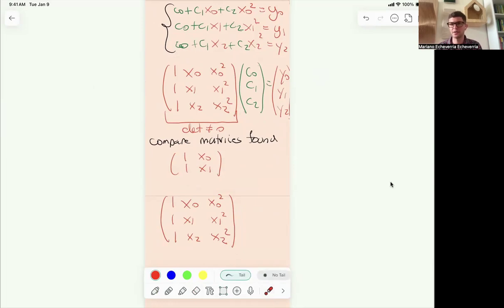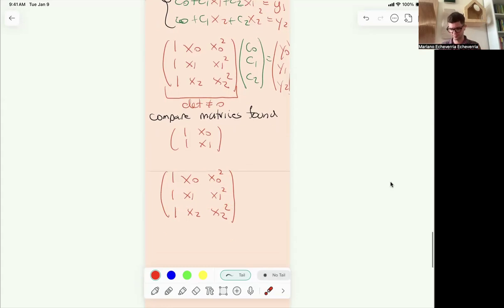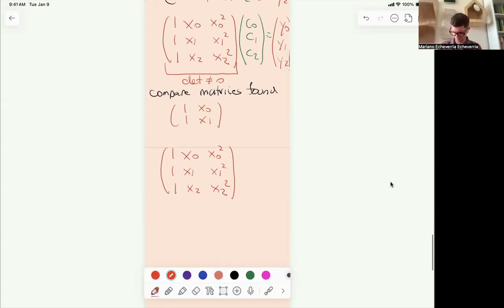So even if you think about it, there are some features that these two matrices shared. For example, maybe the most obvious thing to see is that they have ones on the first column, right? And then each row is related to one of the data points, and they are increasing in order. So for example, the next one, if you wanted to take a guess, right,